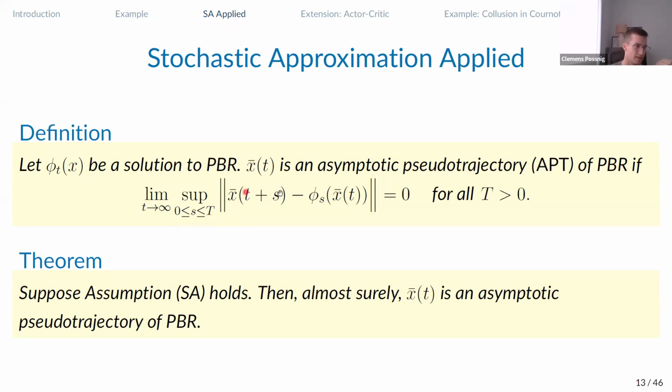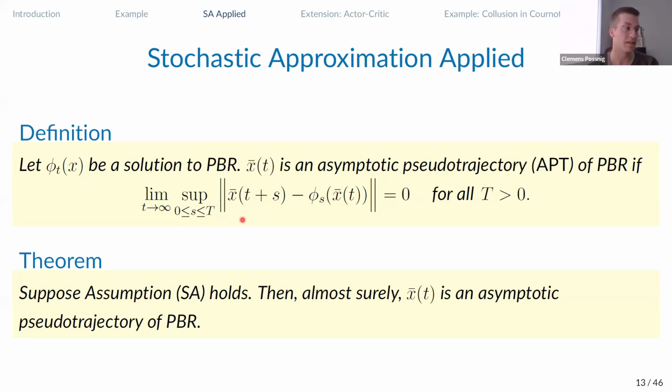So we look at the linear interpolation of our algorithm from t to t plus s, and we compare it to the solution curve that starts at the same point and goes s periods forward. And now we look at the supremum, the uniform distance between this x bar t and the solution, over s between 0 and capital T. Once we take the initial period to infinity, we want this difference to go to 0 for any interval 0 to capital T. So this is a very strong,